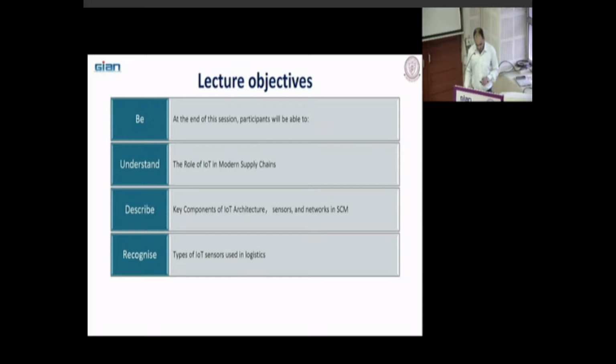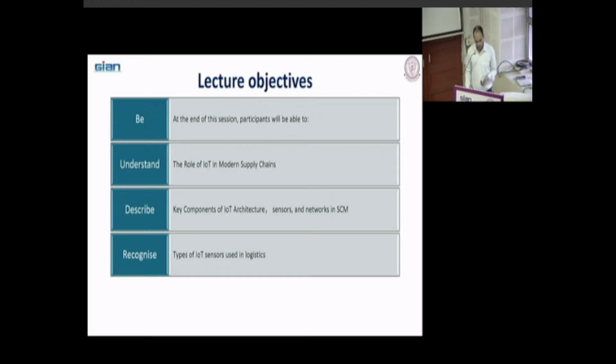So before we start today's session, I will show you a couple of pictures on the screen, and you tell me the name of that IoT device. Some of you said that you know the IoT devices and their purpose.